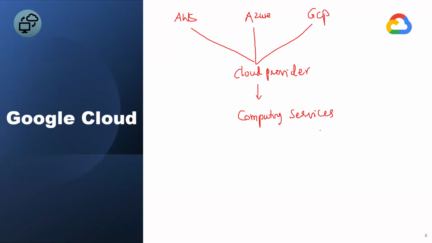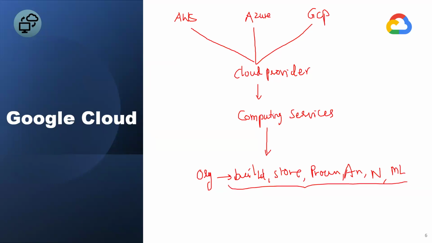What are these services used for, sir? These services are very useful for organizations to build applications, to store the data, to process the data, whatever I told you just now, if you remember: storing the data, processing the data, analyzing the data, and if one wants to do the networking details, if one wants to create a machine learning model, all of these things you can take care of on your own without worrying